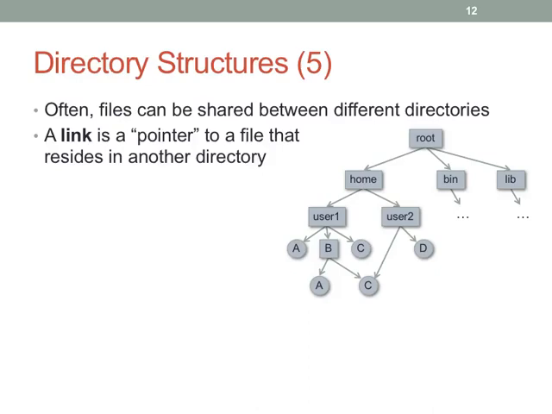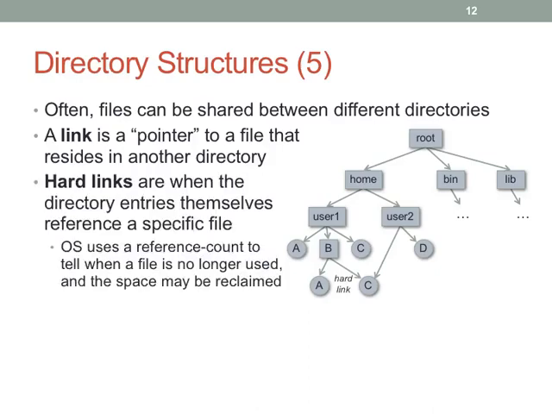It turns out that there's a couple of different kinds of links in file systems. You can either have hard links, which you can think of as a directory entry pointing to file data. And you can conceivably have multiple directory entries that point to the exact same file data. This presents an interesting challenge, because obviously the data in the file that we're calling C in the diagram, we can't get rid of that data until we know all the hard links have gone away.